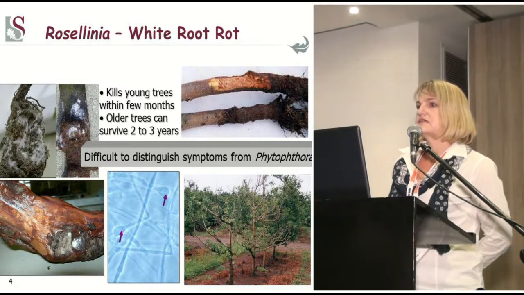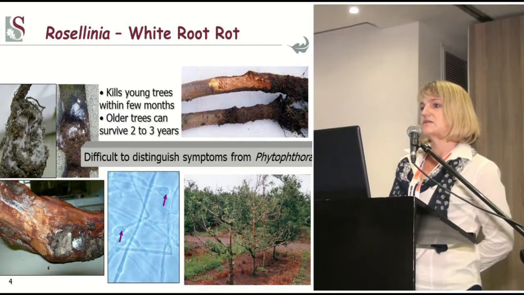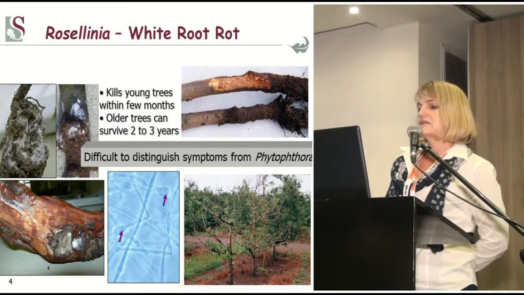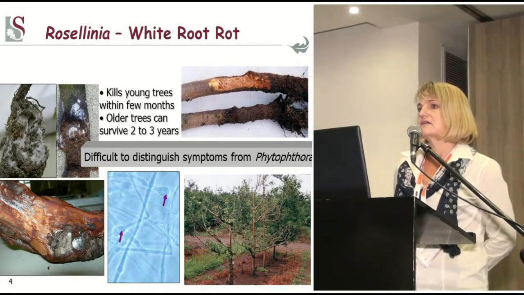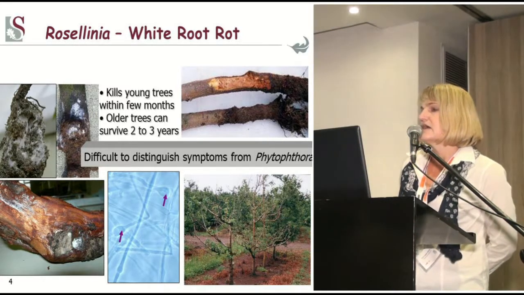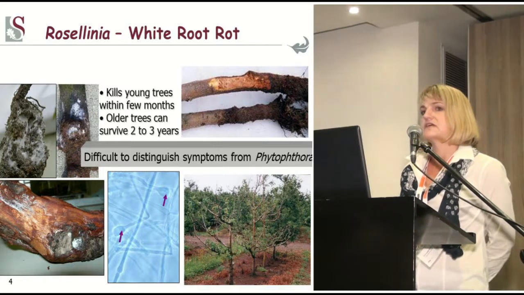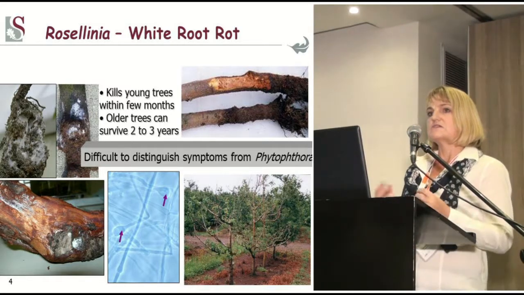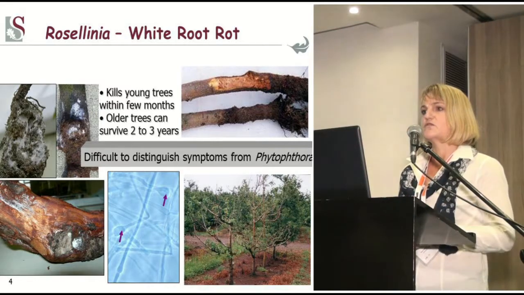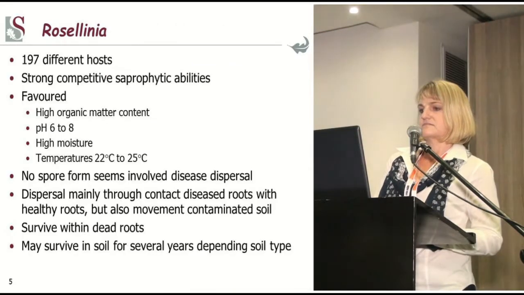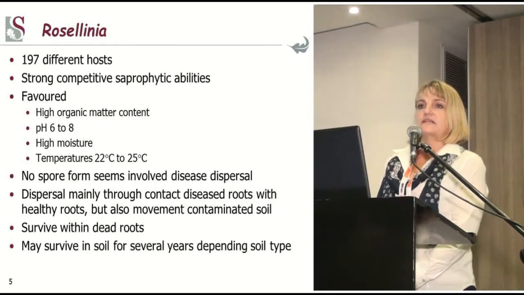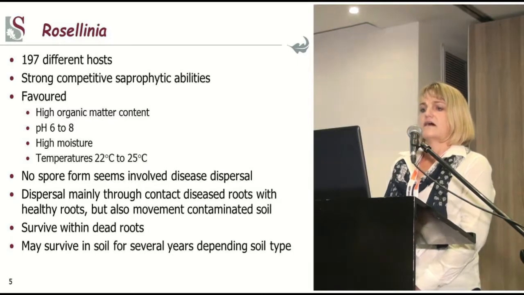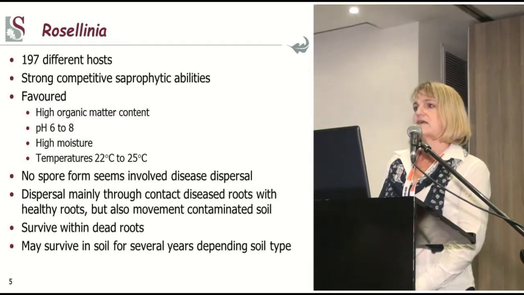Very characteristic, if we make isolations from the diseased trees and we look at the pathogen in culture, you see that it forms these very characteristic hyphal pear swellings. But again, this is an identification that must really be done by a specialist, because there are a few closely related fungi that can also form these structures. The problem with managing Rosellinia is that it has a very wide host range, more than 197, and these include